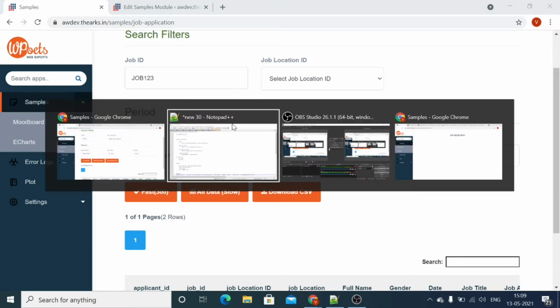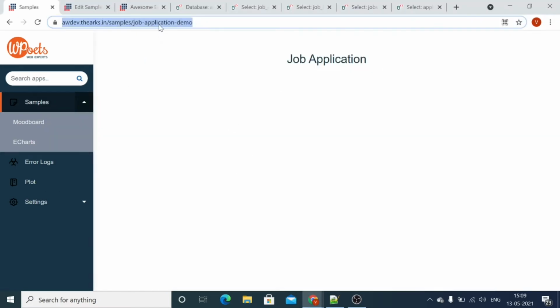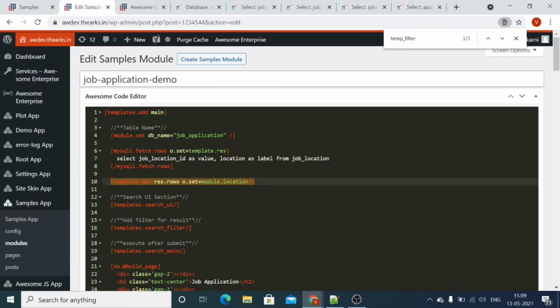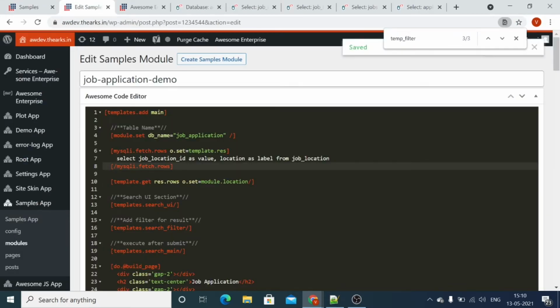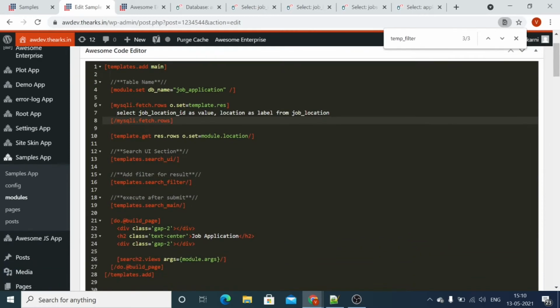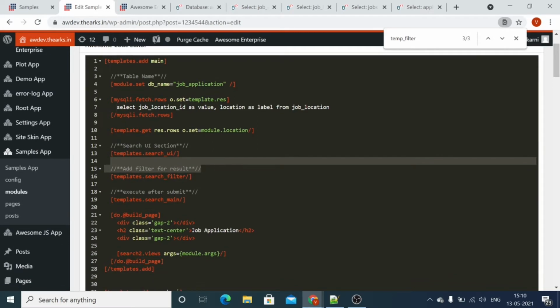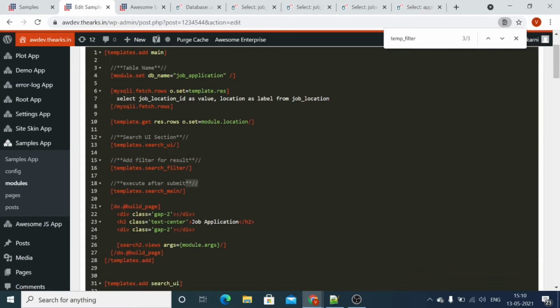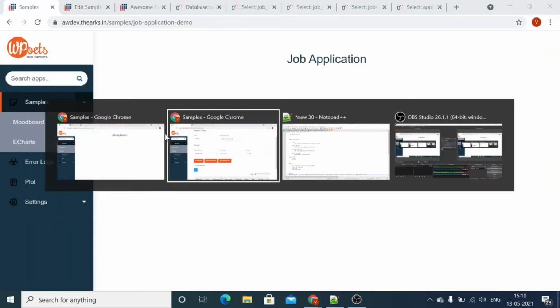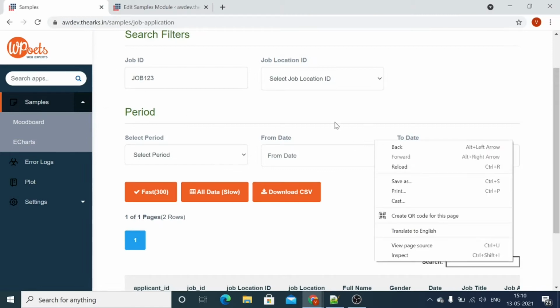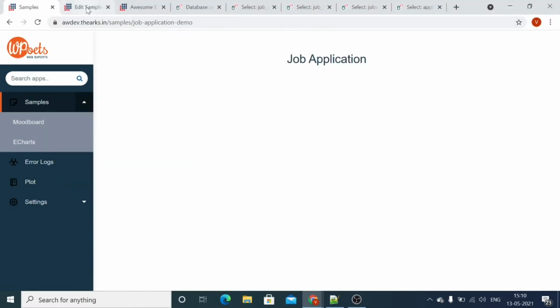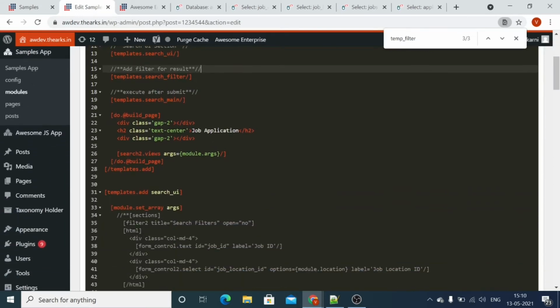So let's go to our coding part. So this is our example that we are going to integrate that search screen in this example. Now we have this search screen split into a UI section, some filters, our query and our main query. So these filters are based on this UI part, that is our filter. So let's check and add all the UI part first.